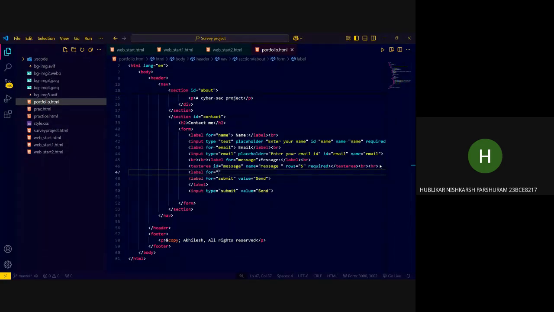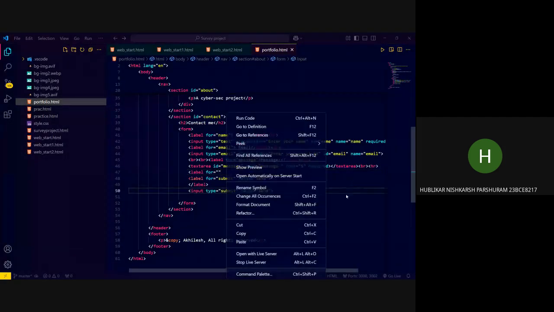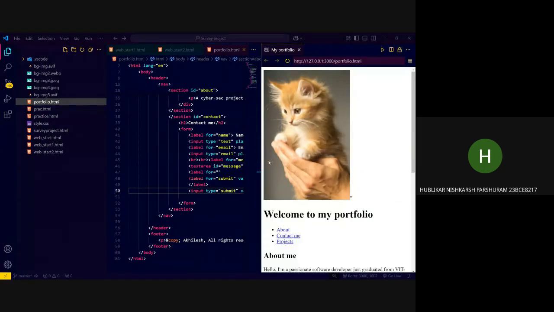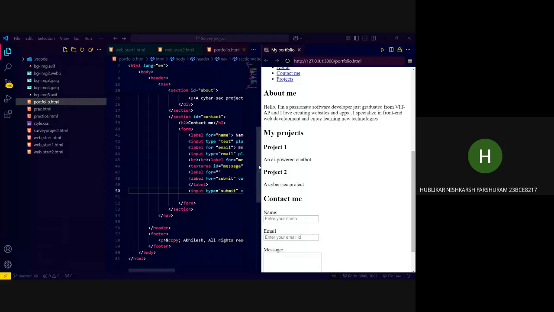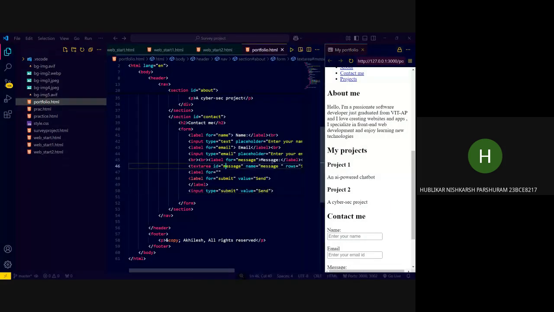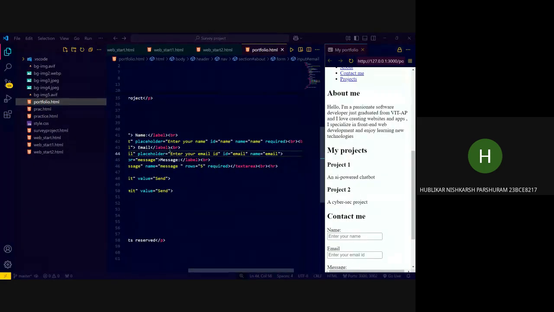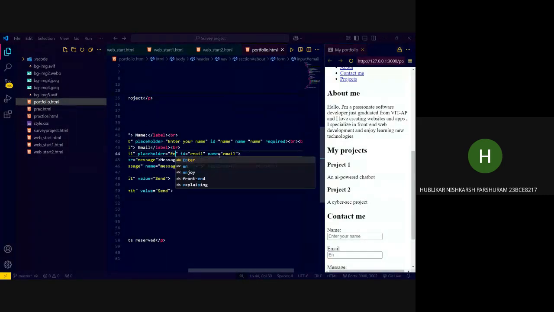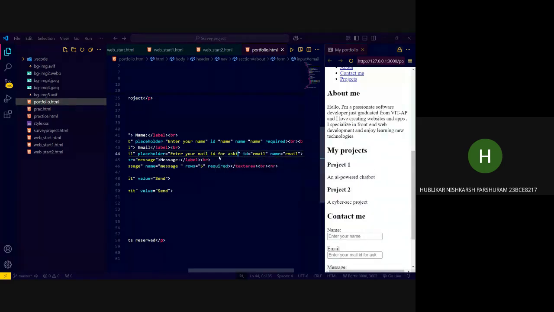Okay, see, I write that with the help of placeholder. I'll show you. This is what you're asking, no? "Enter your email ID." How did I write it? Here I am writing an option for placeholder. You can see here. Here I am writing "enter your email ID". So if I remove this, the placeholder is empty. Whatever I write will show up. So if I write "enter your mail ID" for asking,